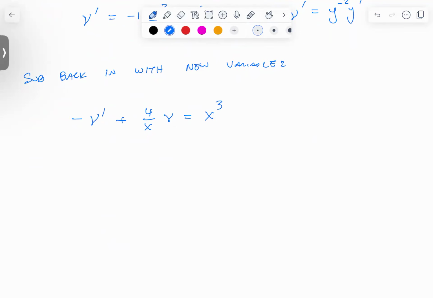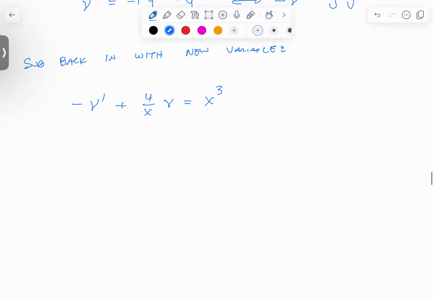And when I did have powers, I had a nonlinear equation. Now we have to turn this into a linear. This is now a first order linear differential equation. The last step, since we now have v's and we're going to solve this down for v's, we'll have to do one last step, which is to convert it back to y's. So it kind of adds a step at the beginning, but the actual solving of this